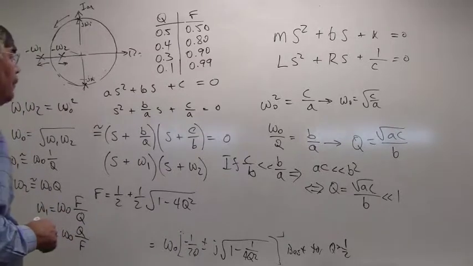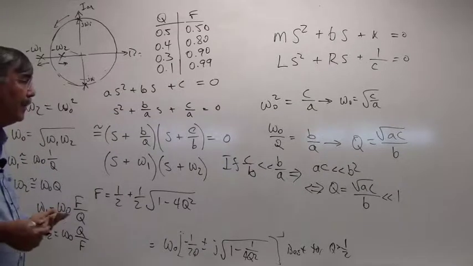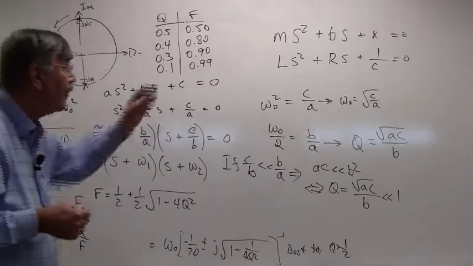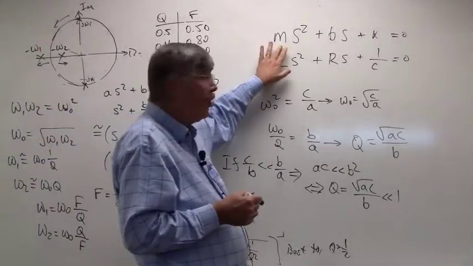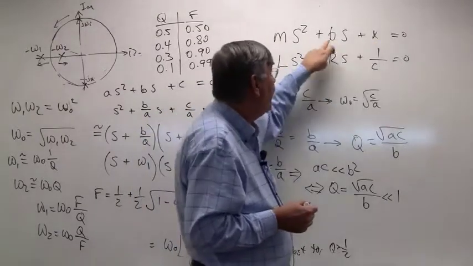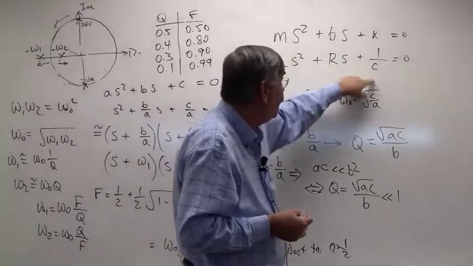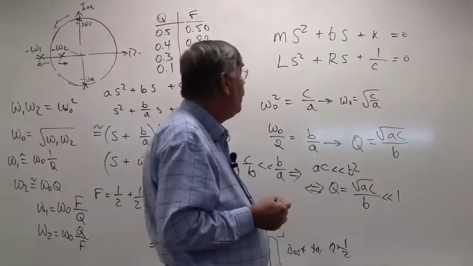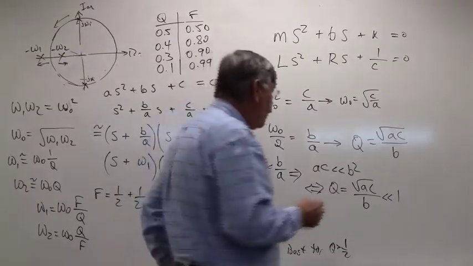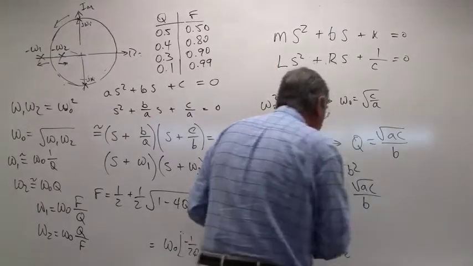So let's talk a little bit more about meaning. This is kind of a logical stopping point, but I'm on a roll, so I think I'll keep talking about it. I just wanted to look at the dimensionality of these things. When we go back to this original formula, this one was for the mass, spring, and damper. The damper is frictional force. And here's the L, R, and C. The resistance form is in here, and we could have solved all these things for the Q. If we do the Q in the RLC form, we would get